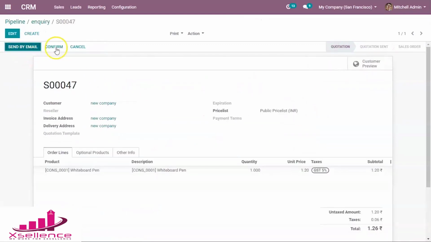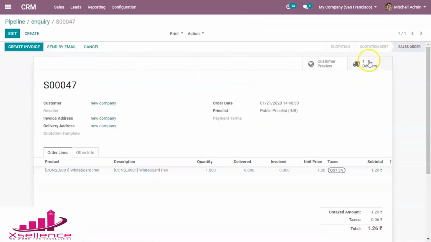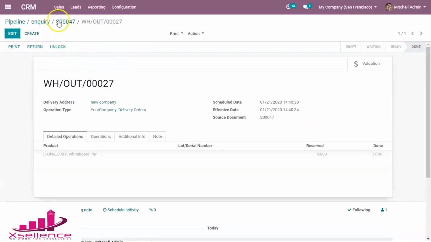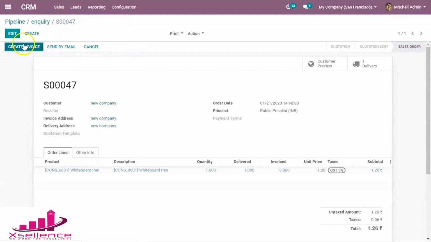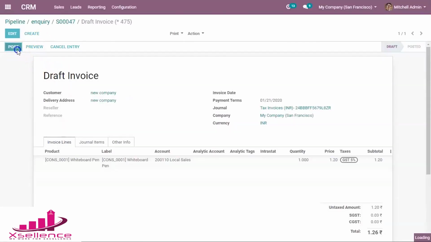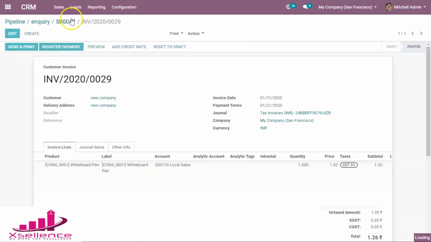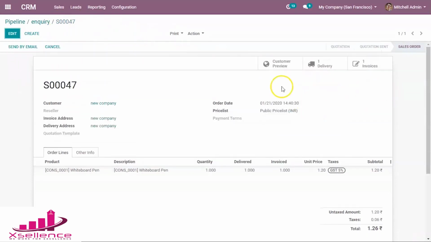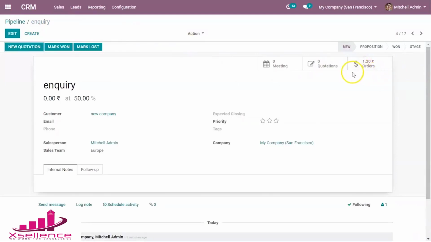So we can confirm it and deliver, then validate the invoice. So this is paid now. Then it's now a sale order. We can see the sale order here in the orders of this opportunity, and we can mark it as won.